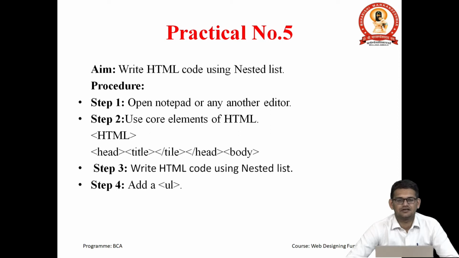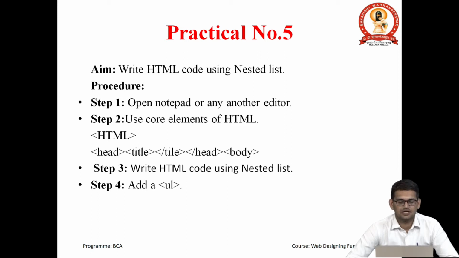We can take an example: we are going to create a list of edible items like milk, coffee and bread. Now, we can call this a list. When we subdivide the coffee into black coffee and white coffee, it becomes nested under coffee, and for bread, brown and white. In this way this is a nested sequence. So, let us see how we can do this in HTML, by following the procedure.